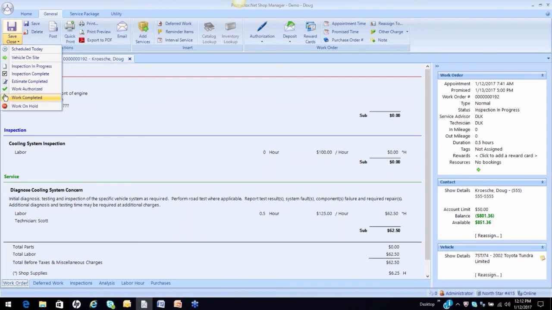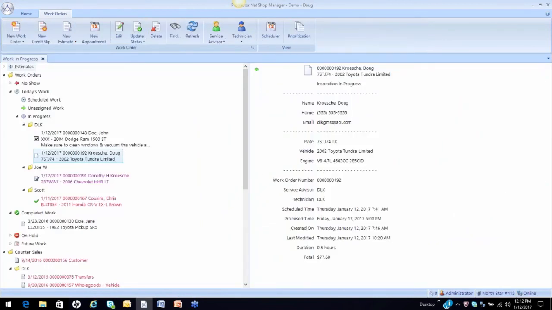So let's do this. Let's just take this job here, and let's just say that the inspection is in progress. That's going to automatically close the work order up and take me back to my background screen. So you're seeing the job I just had open, and the little icon to the left then identifies the workflow stage. Each stage is going to have a different icon.